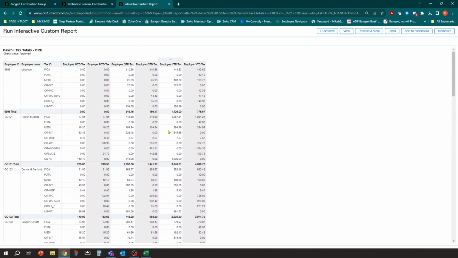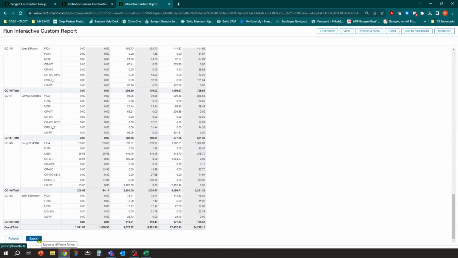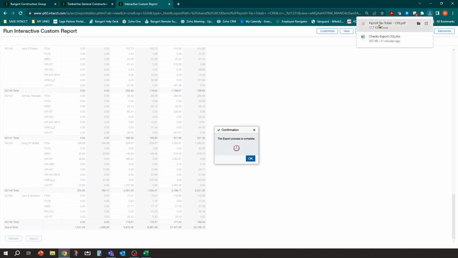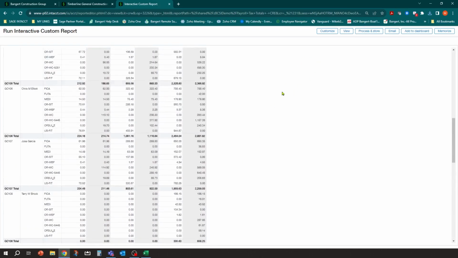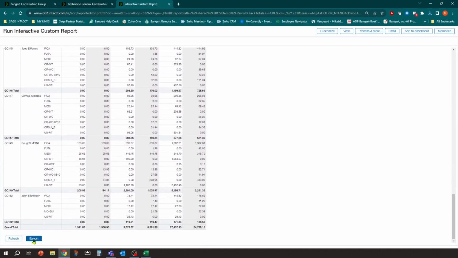So what you can do with these reports is you could print them. So if I scroll down, you're either going to have a print button on the top. If not, go down to the bottom of the report, and you're going to have an export. And when you click export, you can export it formatted, and you can export it to a PDF file. And then based on your PDF, it'll actually download it as a PDF. You can export it to Excel and go from there as well.